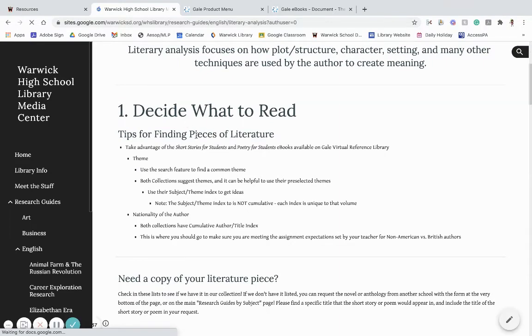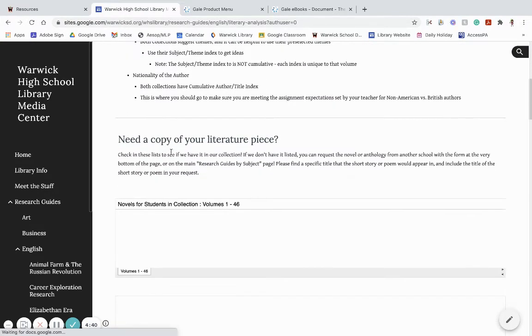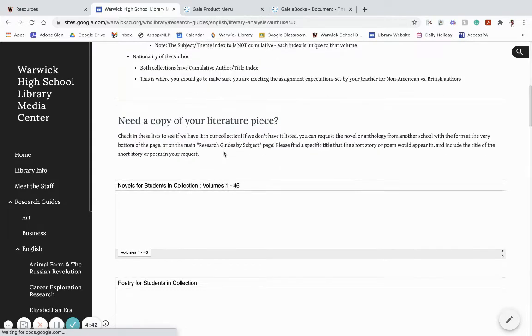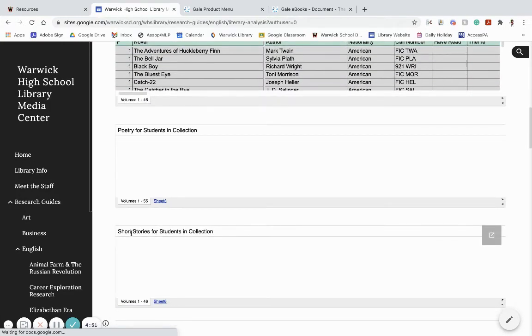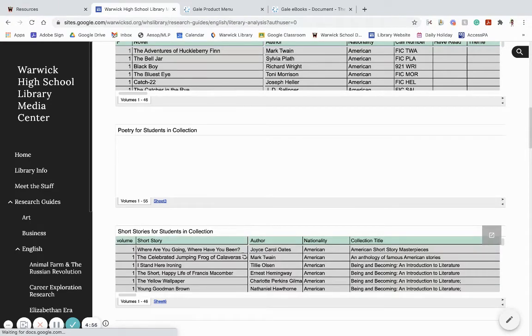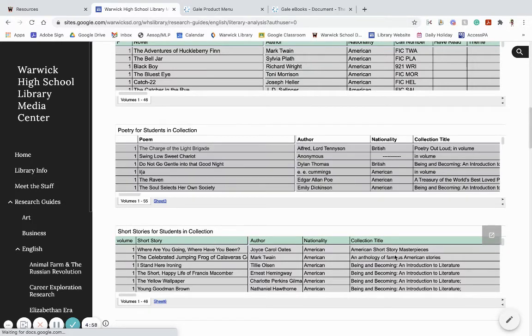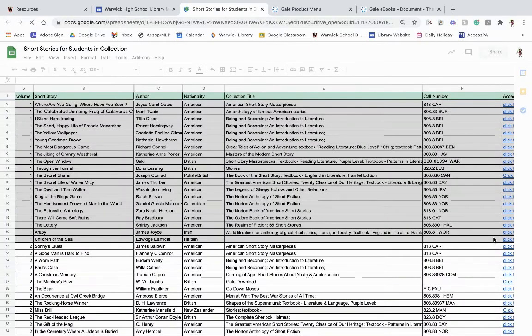Again, all of the directions for this project are in here. So right now, I'm going to find my copy. Okay. So I'm going to open up the one that says short stories for students. Double check you're looking in the right collection, because short stories won't show up in poetry and poetry won't show up in short stories. You're going to click open the page,